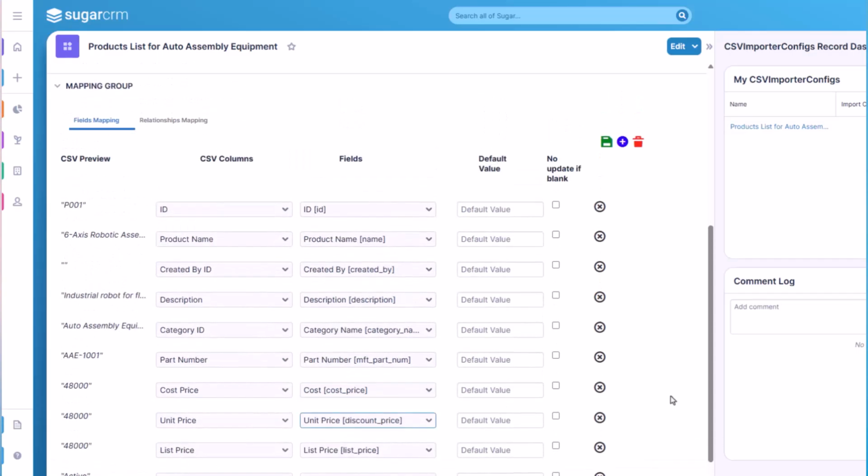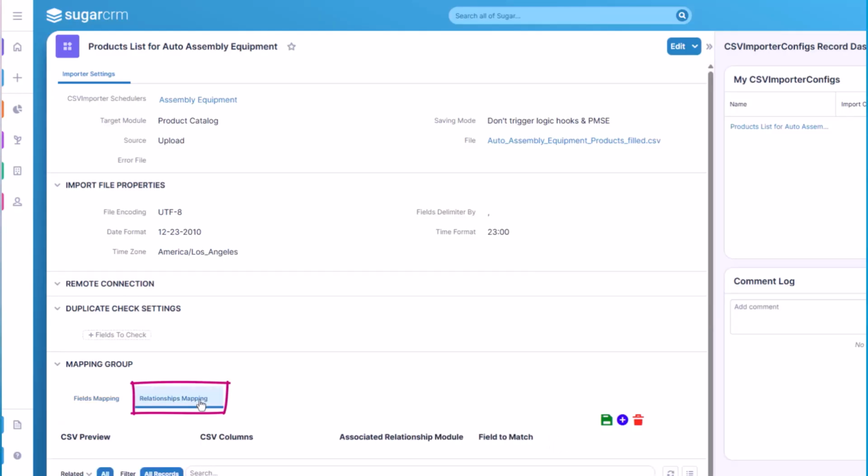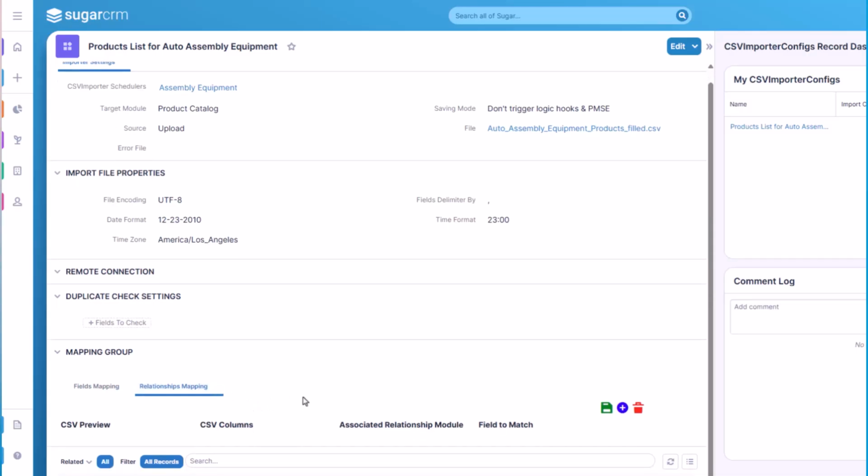Once you're happy with the field mappings, click the Save button to save your changes. The screen will refresh and you'll move on to relationship mapping, which is only necessary if you're establishing connections between modules, such as relating a product to an account or category. Since we're not performing any relationship mapping in this import, the last step before triggering the import is to configure